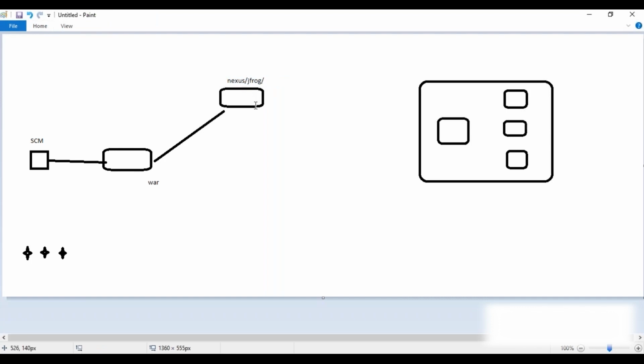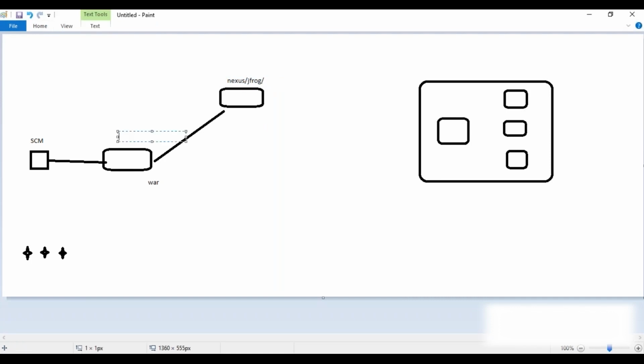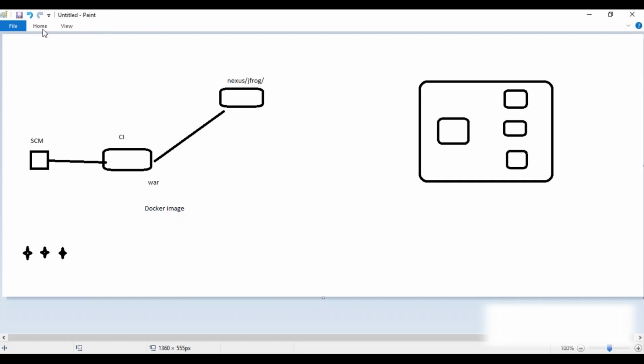And with this WAR, it can create an image also, a Docker image. Meaning in the CI job itself, I already showed you the example CI job. The stages will be there in the pipeline. So first it will clone the code and then it will create an artifact, and with the help of the WAR file, it will create a Docker image. This will be in the CI job, and this image will go and be stored inside the